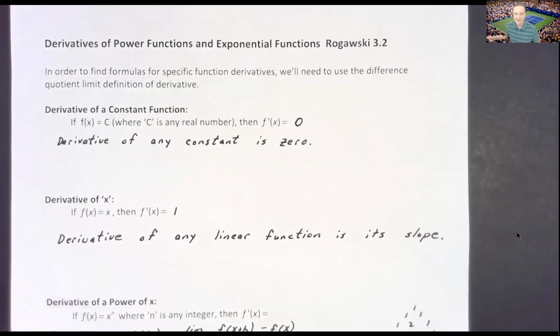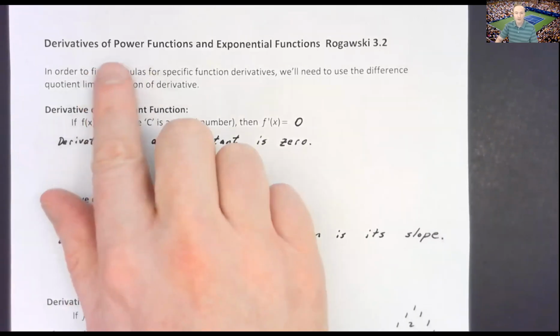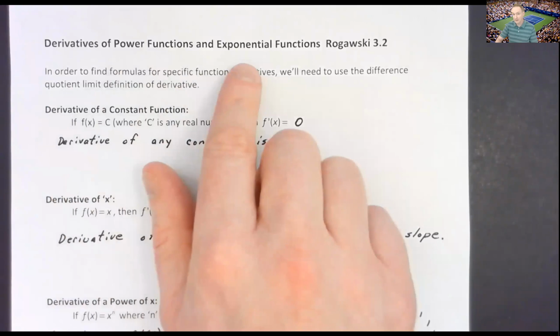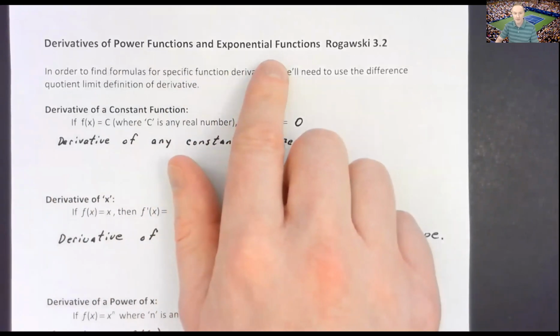Today we're looking at section 3.2, which gets into our very first shortcut formula for derivatives. So no longer are we going to have to use that algebraic derivative difference quotient in order to find the derivatives. In this section, we learn a very easy derivative technique called the power rule. So when we look at derivatives of power functions and later in the section, exponential functions, the first thing we